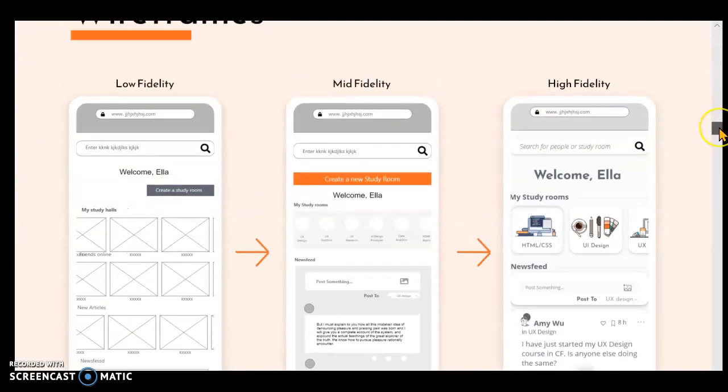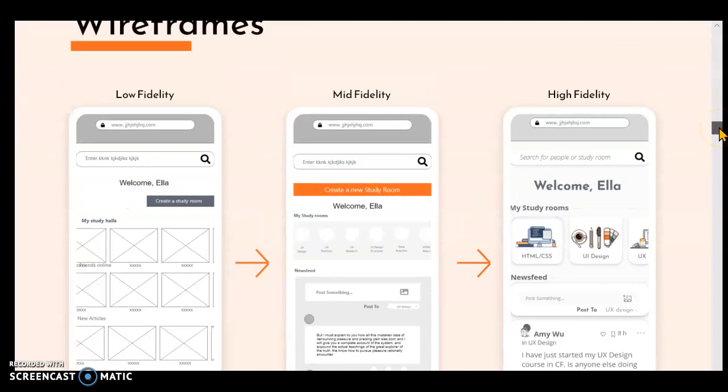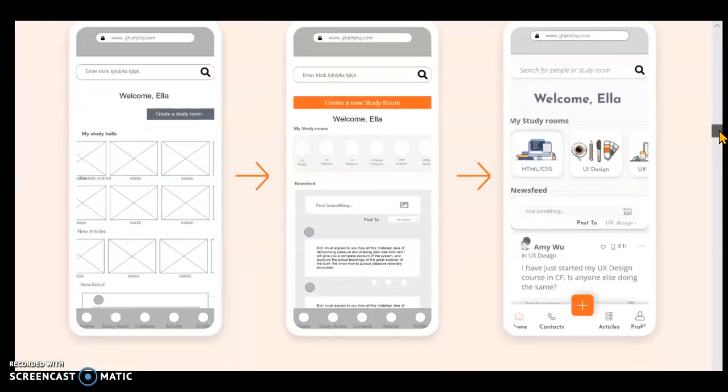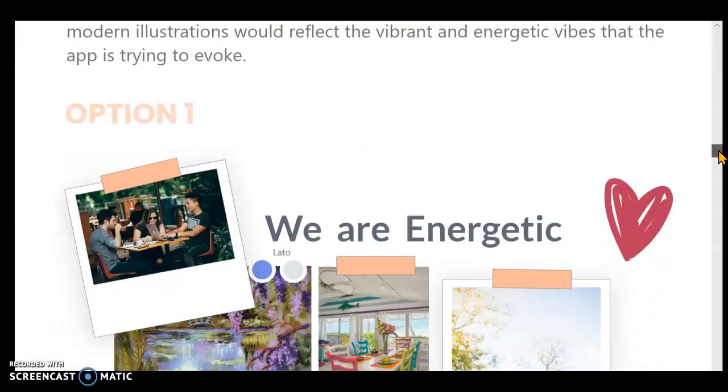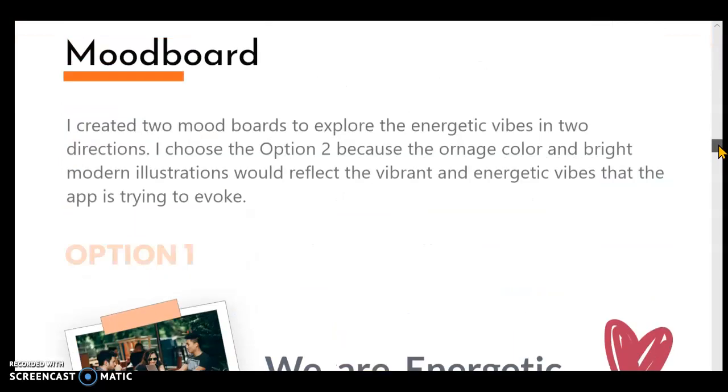The next stage was the wireframing. So here is a flow of how I created the low fidelity, mid fidelity, and high fidelity wireframes. I had initially started with 2 mood boards. The theme I wanted to be reflected in this web app was vibrant and energetic vibes. So initially I went with